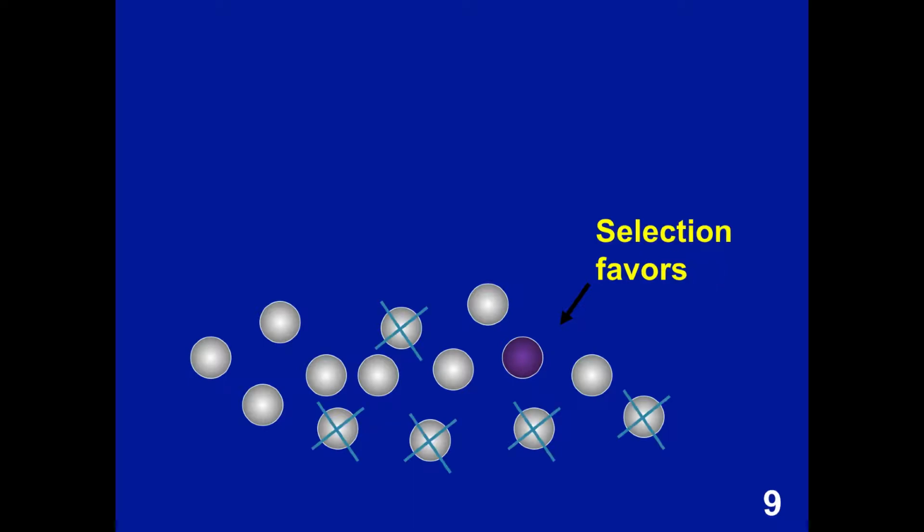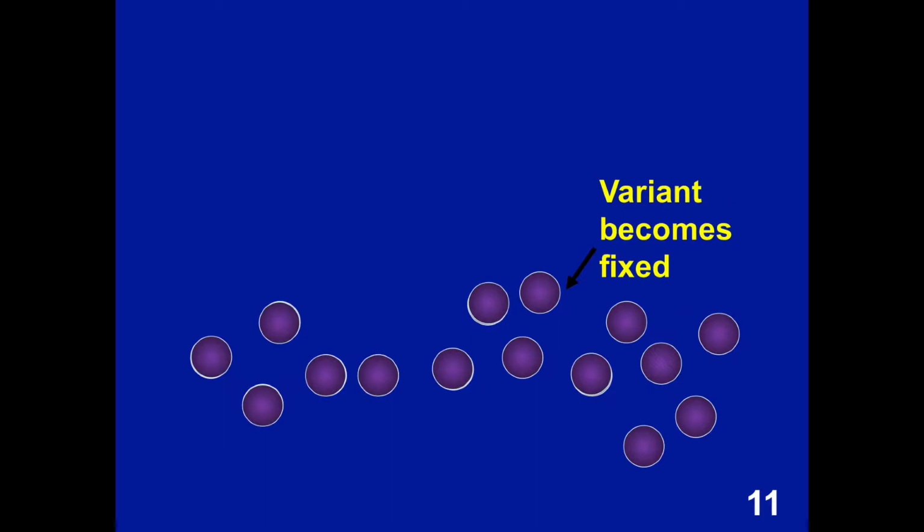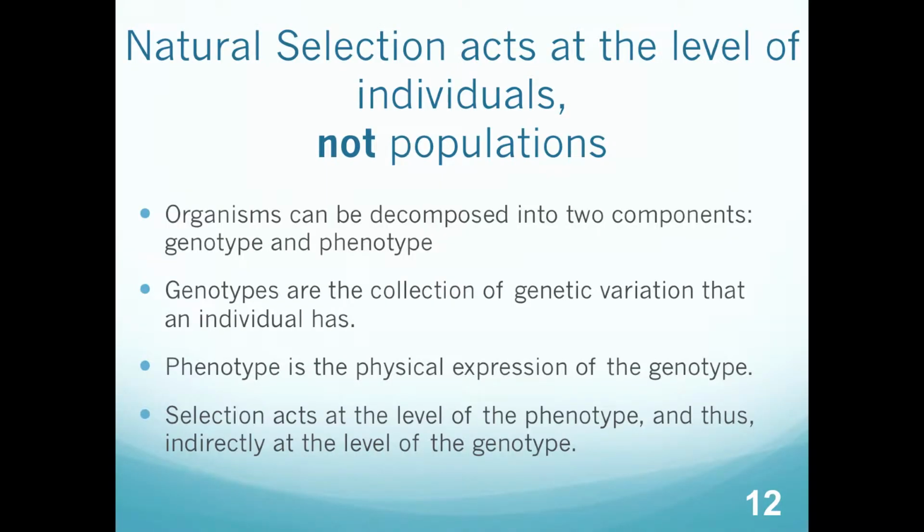But the basic idea with natural selection is simply that you have a new mutation that arises that happens to be beneficial in the environment in which it arises, and selection favors it. It reproduces differentially better than the other genotypes that exist in the population, and eventually the variant becomes fixed in the population. So remember that natural selection is actually occurring at the level of the individual, and it is occurring to the phenotype. The phenotype is the physical expression of the genotype. Selection acts on the individual phenotype,